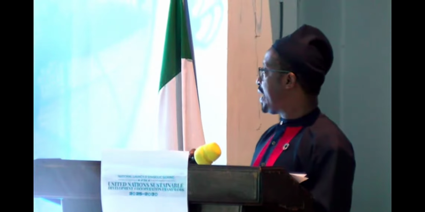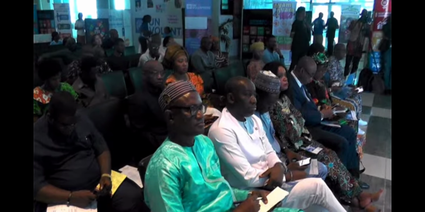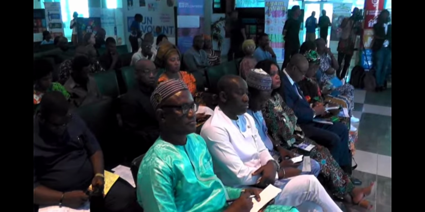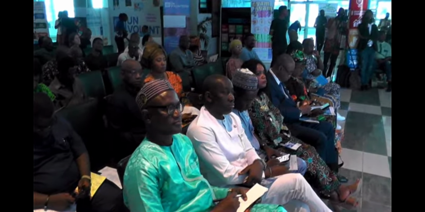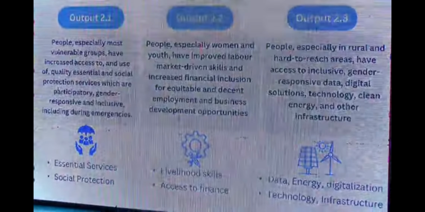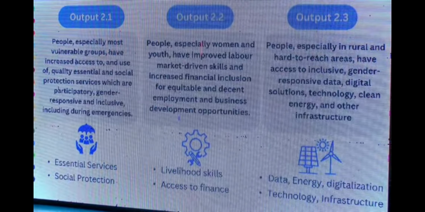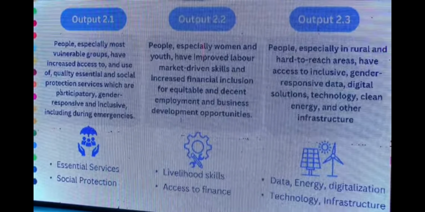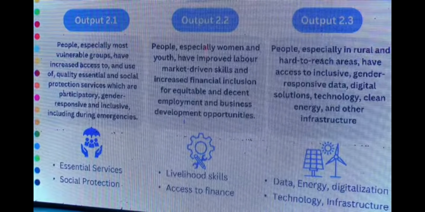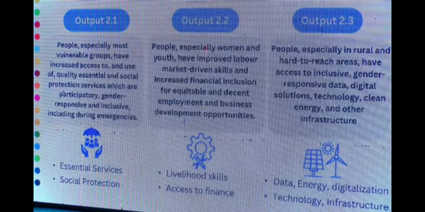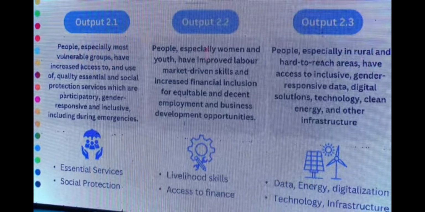The second pillar is about human capital, essential services, and employment. It has 3 outputs as well. Under the essential services and social protection. Under output 2.2, the UN will support the government's efforts for increased employment,